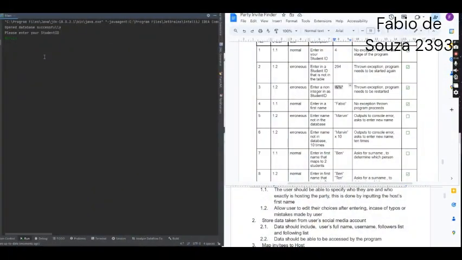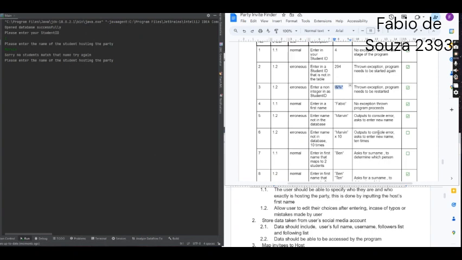Next, we're going to enter in Marvin. Now Marvin is not on the database. So we're going to enter in 1 as student ID and Marvin. Marvin is not on there, so it's going to be a no match, and we're going to have to enter a new name. And once we're here, we can tick that off, and here's the test by entering Marvin 10